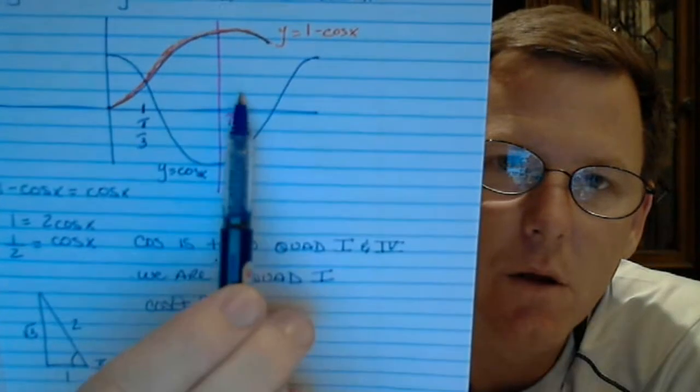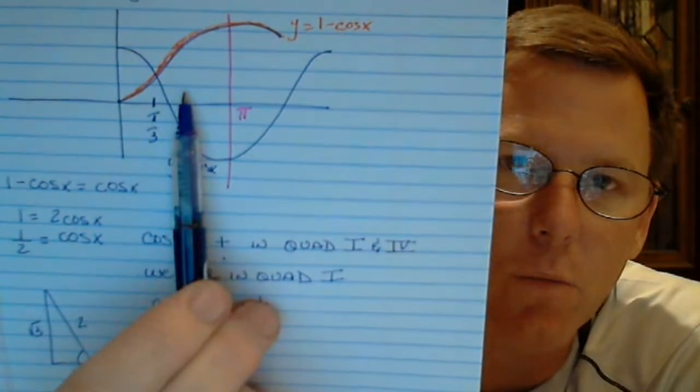So that intersection right there is pi over 3. Okay, pi over 3. So our first integral is going to be the integral from 0 to pi over 3. On top there we have cosine x, so cosine x minus the quantity 1 minus cosine x dx,